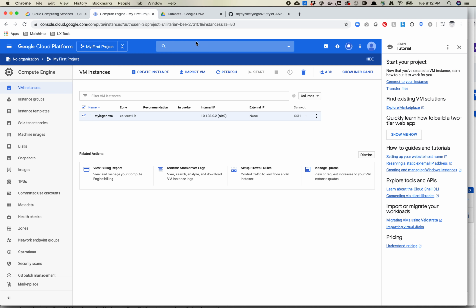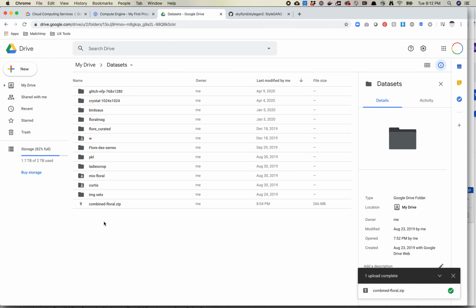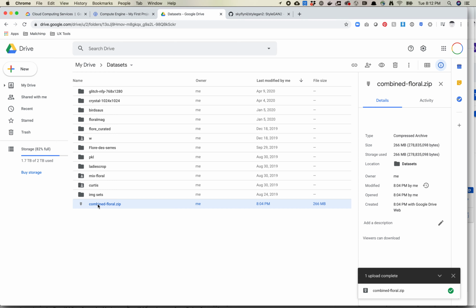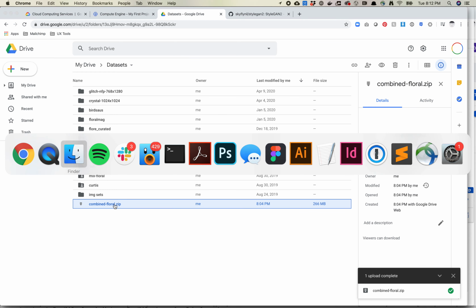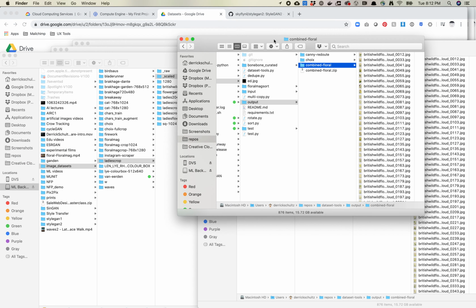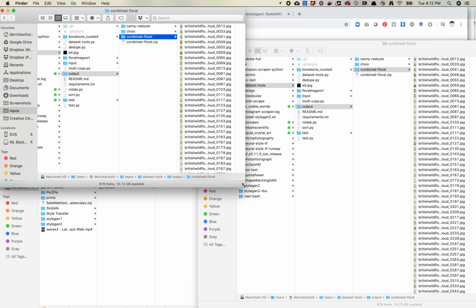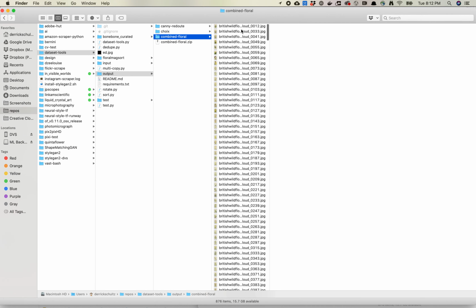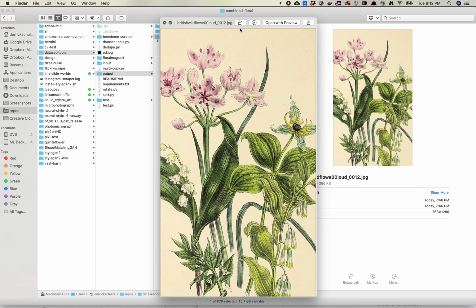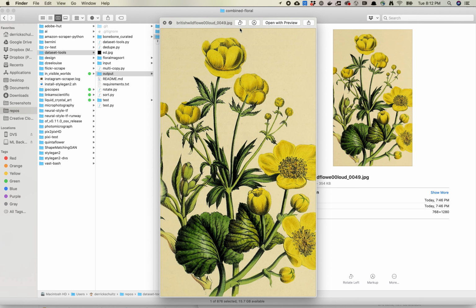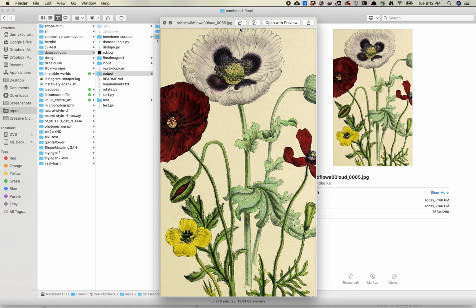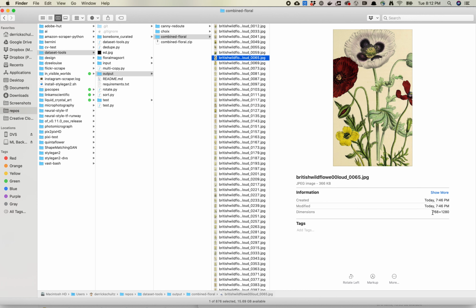So the first thing you want to do is bundle up your data set and put it on Google Drive. It's just going to be the easiest thing to do. So I have a folder here called Combined Floral. We can look at this on my local machine here, and we can see this is a set of images that are decently sized background flowers, most of the flower. You'll see the dimensions here are 768 by 1280, so we're going to look at non-square images today,